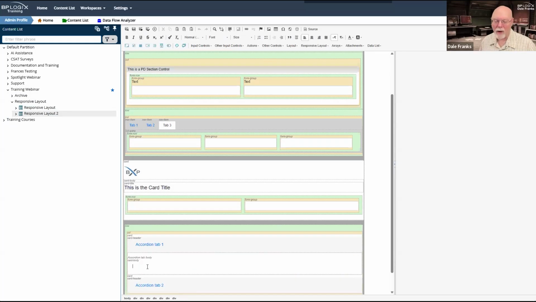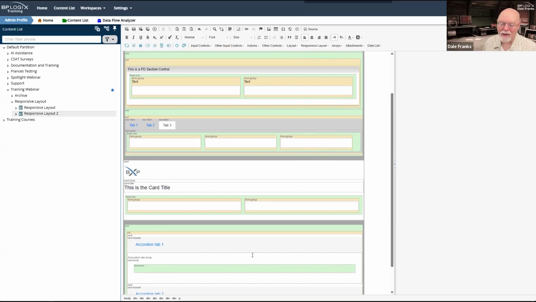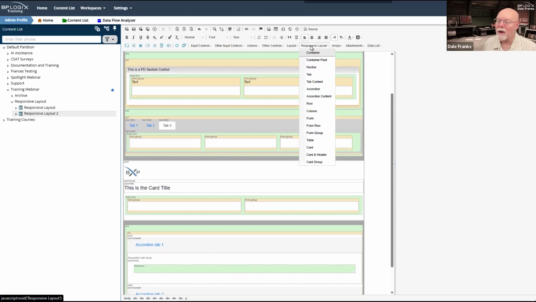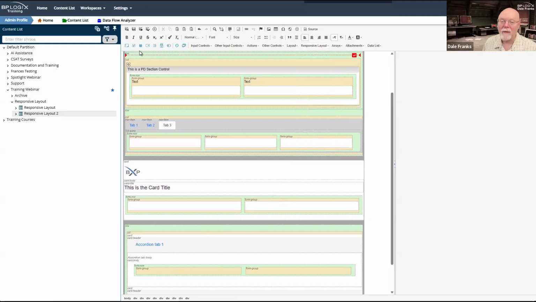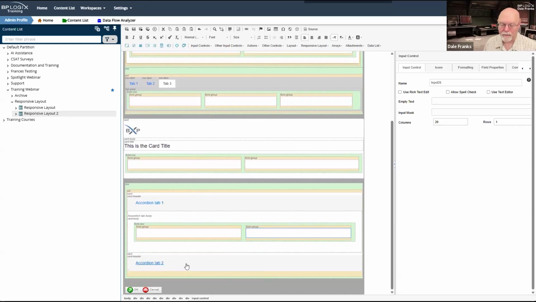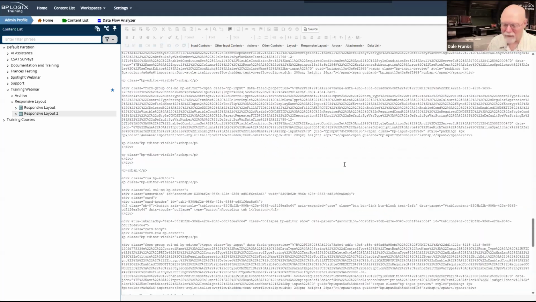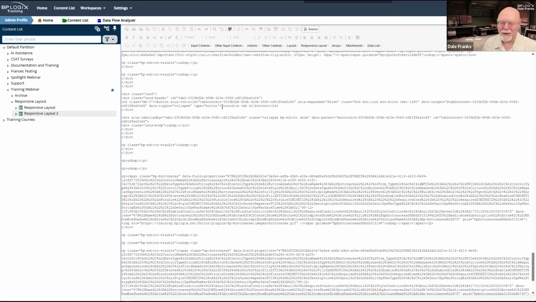So there we go. There's my accordion tab body. So here, once again, basically at this point we're doing the same thing over and over and over. We're just throwing in form rows and form groups, and then once we have our form groups, dropping our labels and form controls in those form groups. And I know that if I could remember the HTML well enough, I could go here and figure out what part I needed to delete off of this.